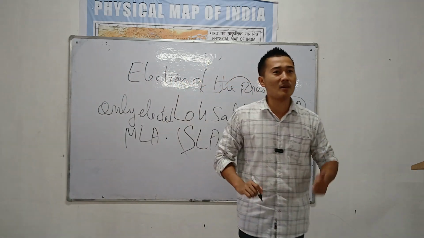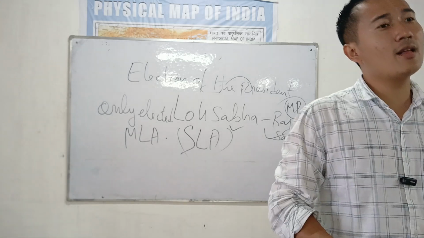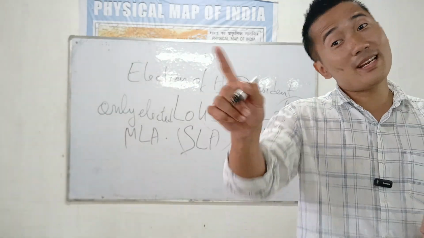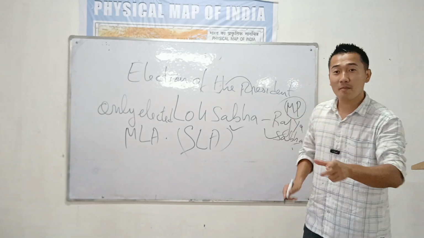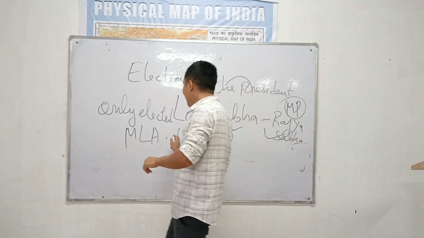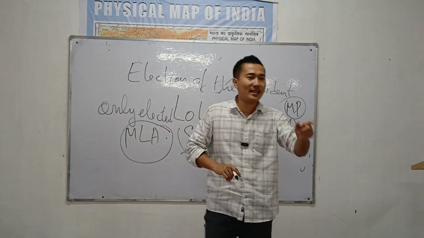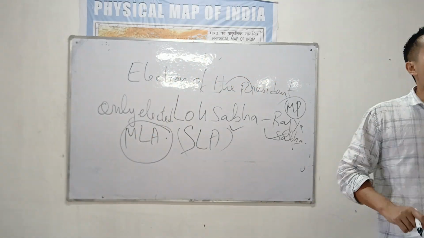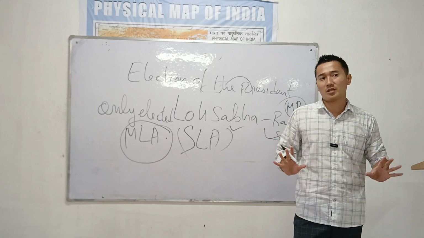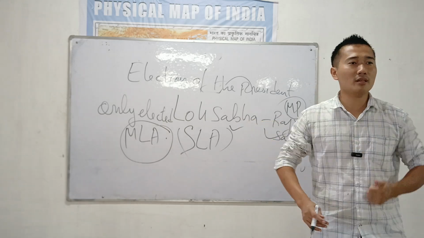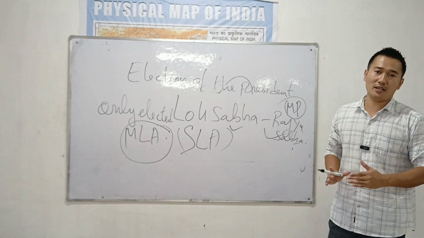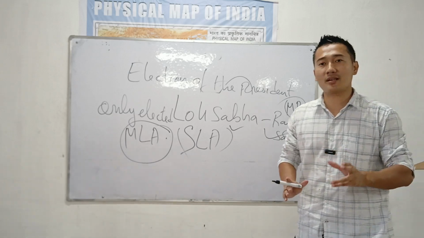You came across in Assam, we have 2 houses. In Assam, we have the State Legislative Council and the State Legislative Assembly. Only the State Legislative Assembly will participate. But only the elected members, this is very important, only the elected members of the State Legislative Assembly will participate in the elections of the President, not the nominated members. No, it is not possible. So, this is too important. This is how the election system of the President is there in India. That means the election is indirect.